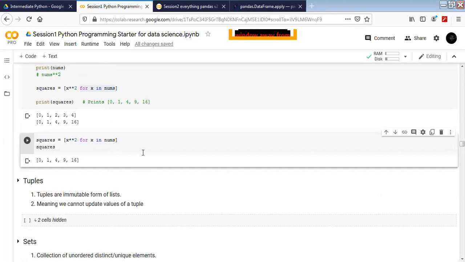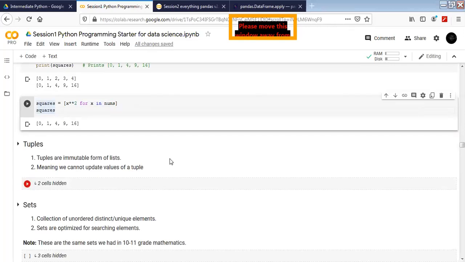Hopefully this was clear. Yes, sir. Yeah, now it was clear, right? Okay, if anybody still has any confusion, they can ask me. So these are called Python one-liners. Python one-liners can iterate through each and every element, and we can box it into a new list. All right, should we move ahead?